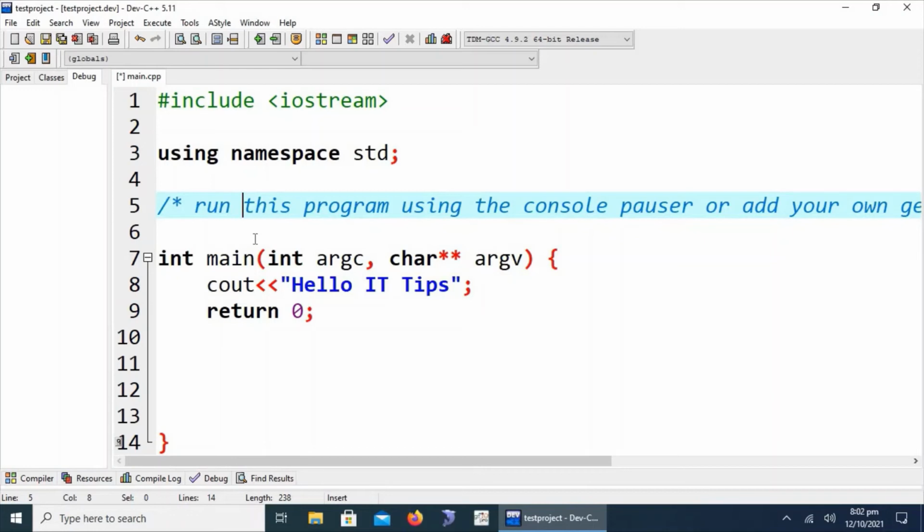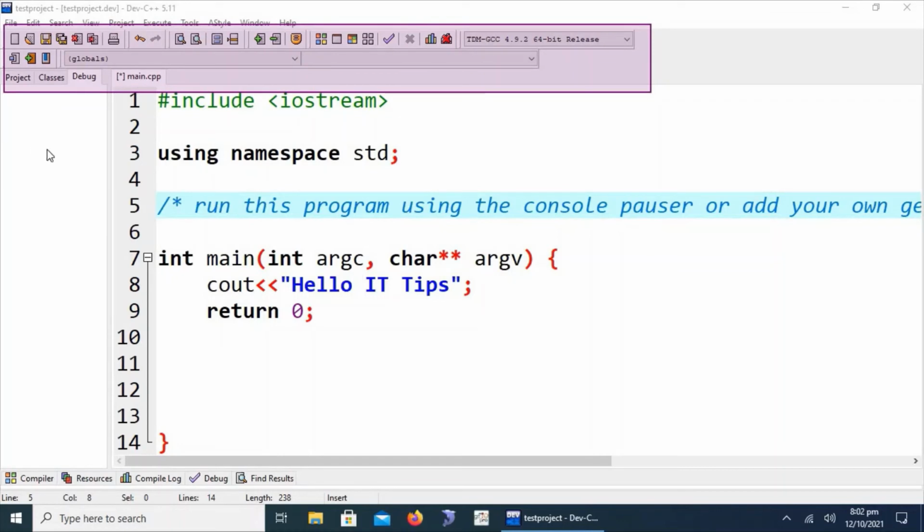If we want to rebuild all the files that have already been compiled, we use F12. Here we can also see that all options of the menu bar are also available in the toolbar, not more than the previously discussed things.